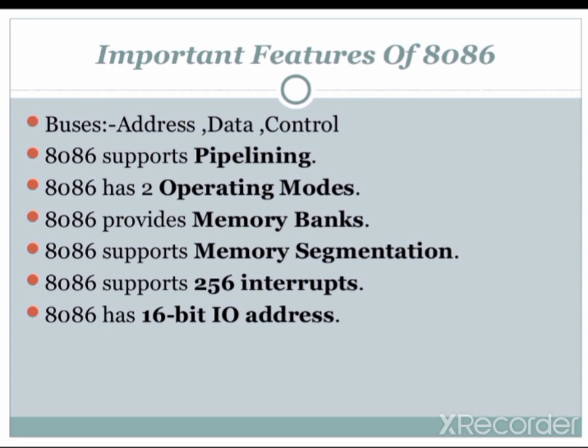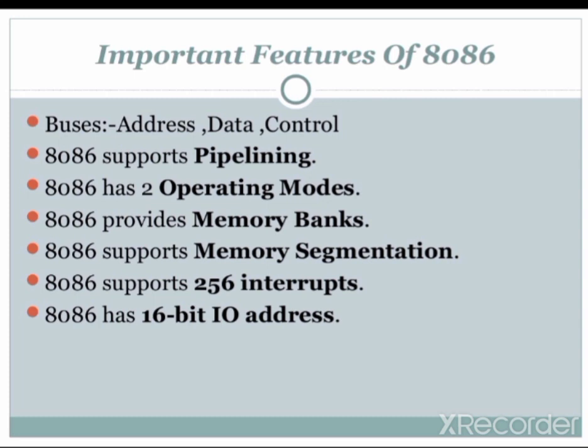From the 20 address lines, 16 address lines are multiplexed with data, which is named AD0 to AD15, and the remaining 4 address lines are also multiplexed with status signals. This multiplexing is used to reduce the number of wirings, or to utilize address and data pins together. In the later pin function of 8086, we will see how multiplexing is done.